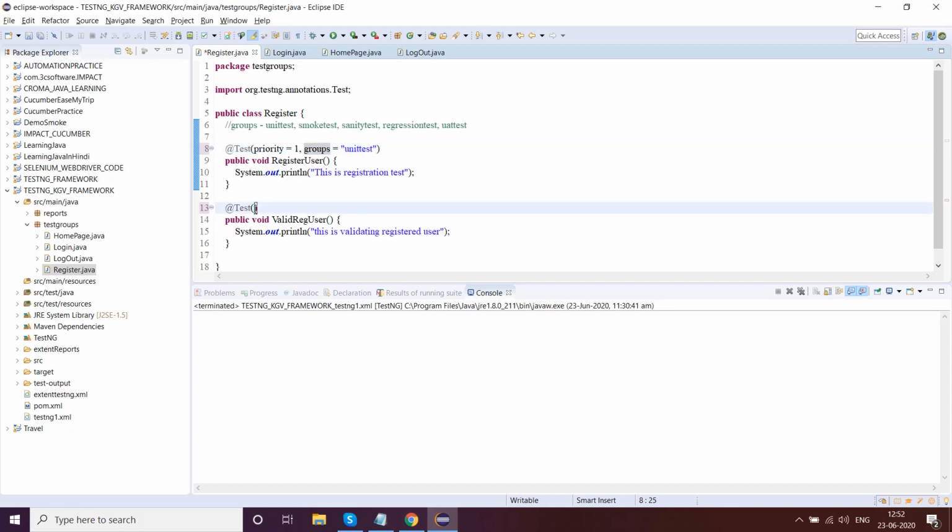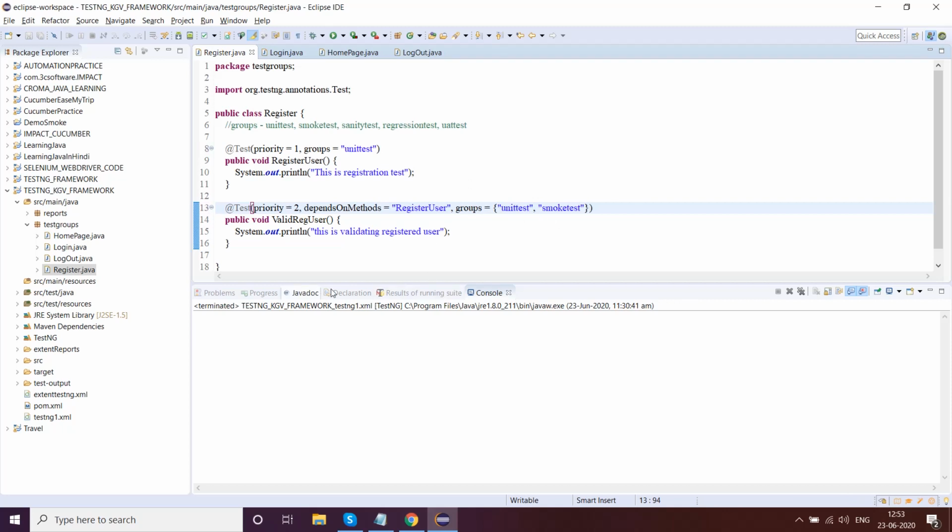Here I'll give priority equals to 2 and write depends on methods, since it probably depends on this method. Then I'll give it different groups: one is unit test, comma, smoke test. Fine, this looks okay.